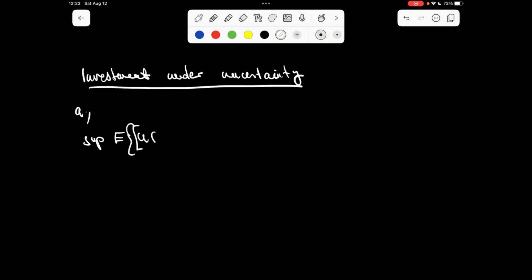can be expanded in this way. Just the first few terms. C is a strictly convex cost function, which is the core